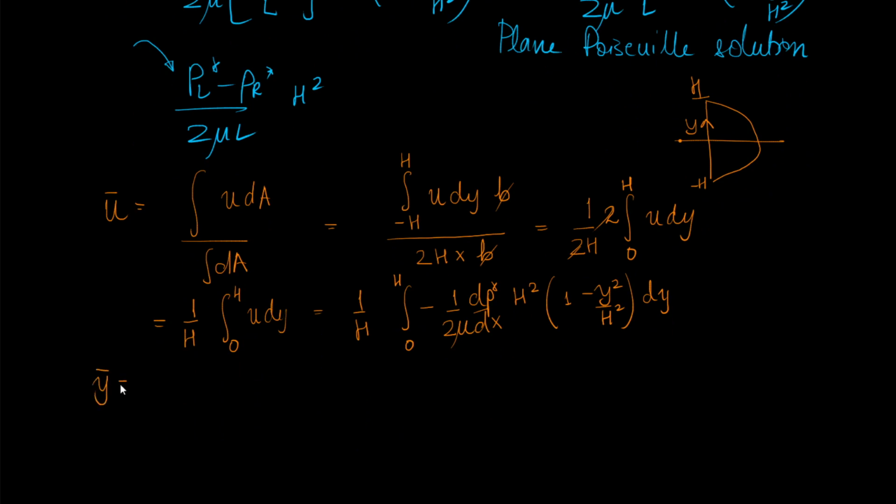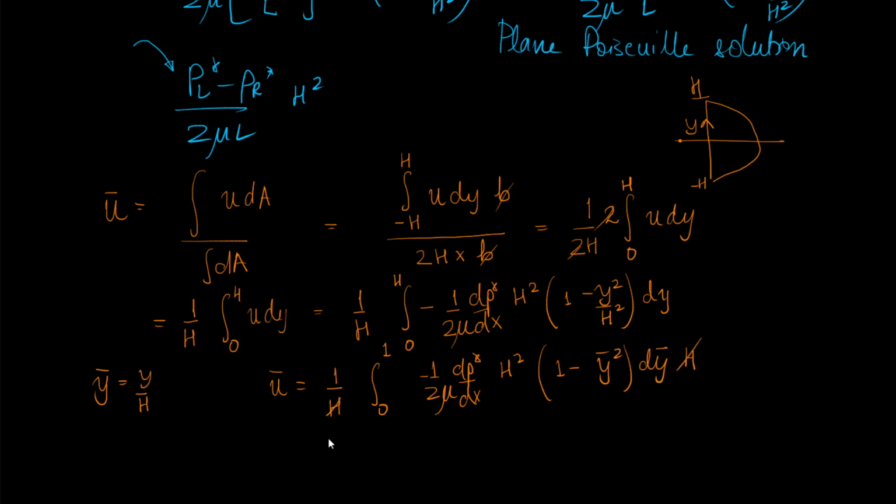Let us say y bar is equal to y upon h. So we can write u bar as 1 upon h integral from 0 to 1 of minus 1 upon 2 mu dp star upon dx, times h square, times 1 minus y bar square, and dy becomes dy bar times h. So this h cancels out, and this becomes 1 upon 2 mu dp star upon dx h square integral 0 to 1 of 1 minus y bar